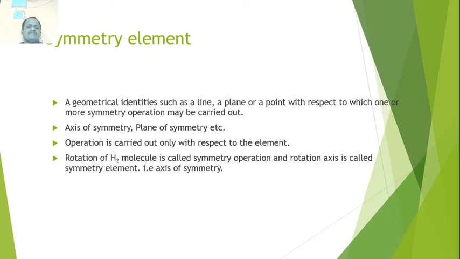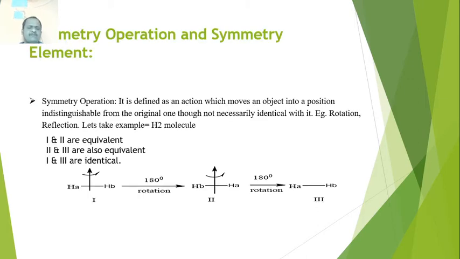Now once you understand symmetry operation, basically we have two types of symmetry operation. One is called rotation, and the second one is called reflection. That means when you do rotation or reflection, or in other words when you rotate a molecule, or flip a molecule, or take a mirror image of that molecule, if you get an indistinguishable configuration, then that molecule possesses a symmetry operation.